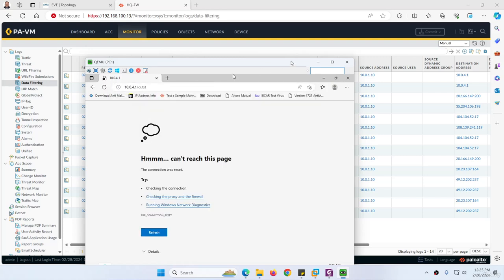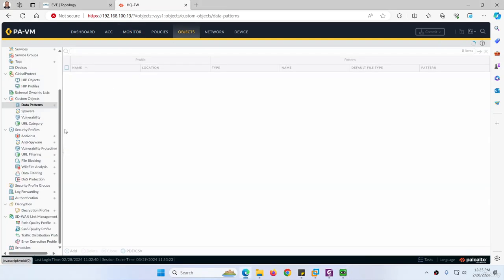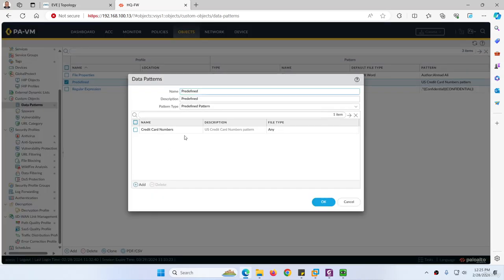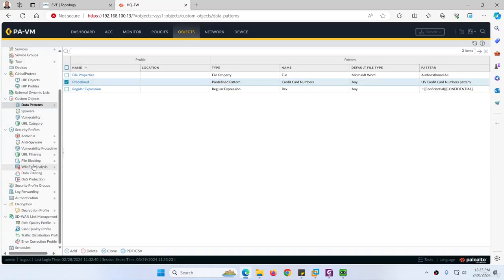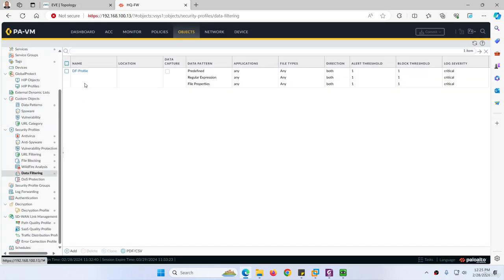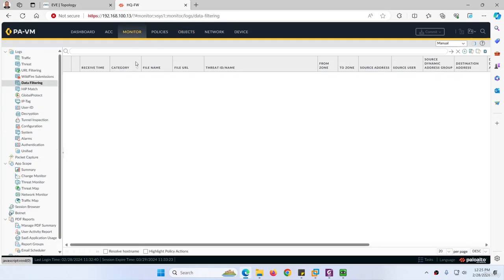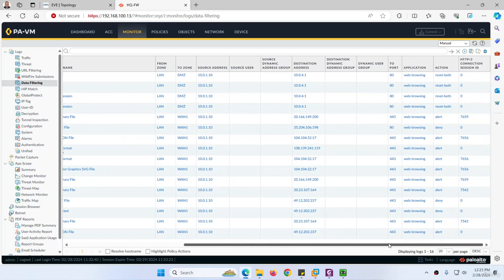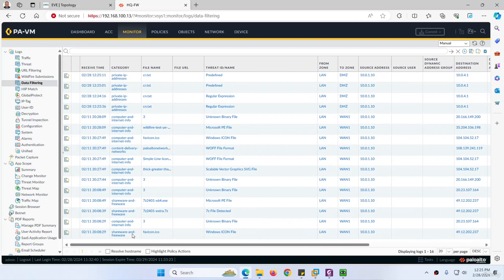Again it is reset, cr, because if you go back to Objects, data pattern, we predefined that if you find a US credit card number, which we attach to our data filtering profile here, and this we attach to our security policy. After that, if we go back to Monitor, data filtering, here is cr predefined. Previous was regular expression, and here is LAN to DMZ and web browsing, and they reset again. And the reason was this